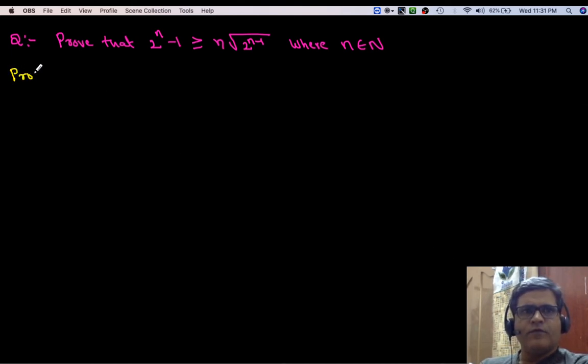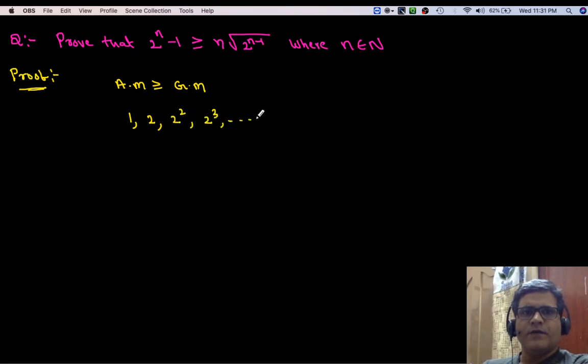Proof. So it is an application of arithmetic mean is greater than or equals to geometric mean. So for which numbers we need to apply arithmetic mean is greater than or equal to geometric mean? So apply arithmetic mean is greater than or equal to geometric mean for 1, 2, 2 square,